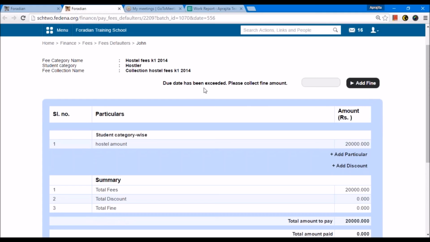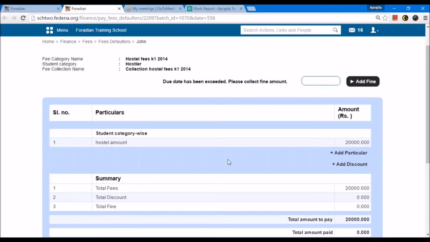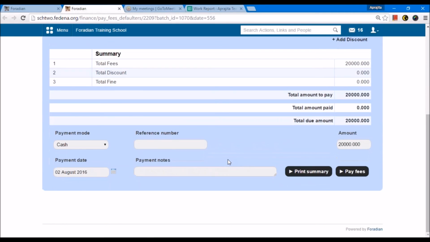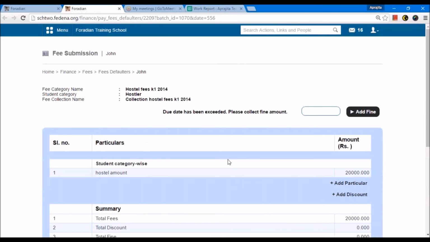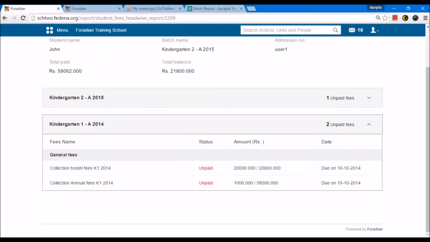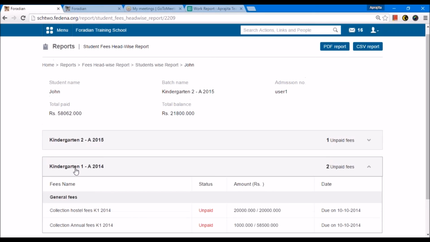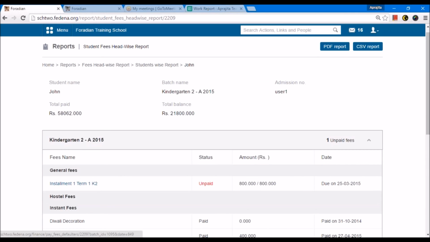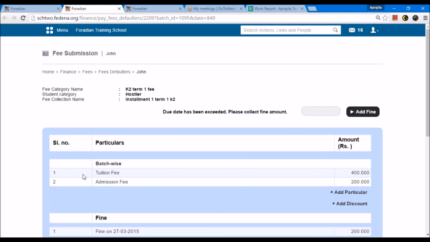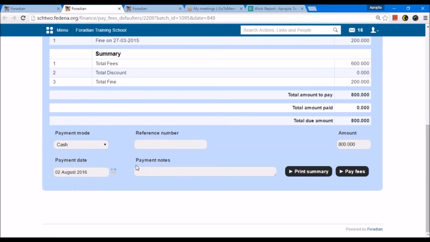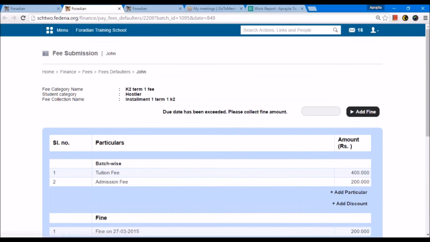Also, since the due date has been exceeded, you can put the fine amount which will get added to the total fee collection amount. So this way we can check for each student their previous or current batch's fee collection details, and the fees can be collected from here as well. So I can click on the name of the fee and enter the details by collecting the amount. I can enter all these details, collect the fees and get the printout.